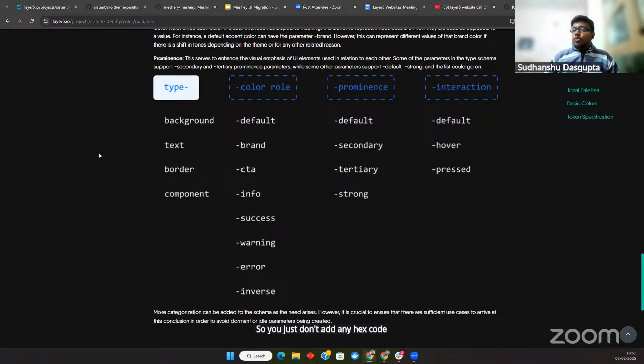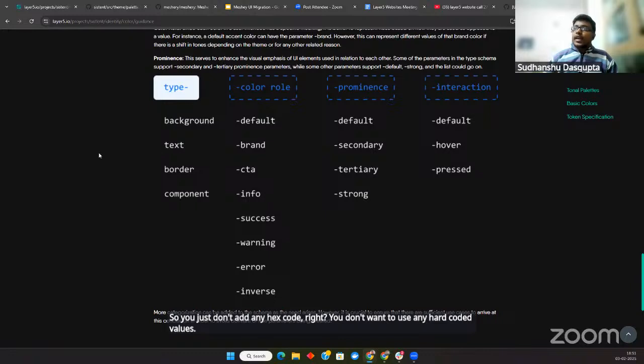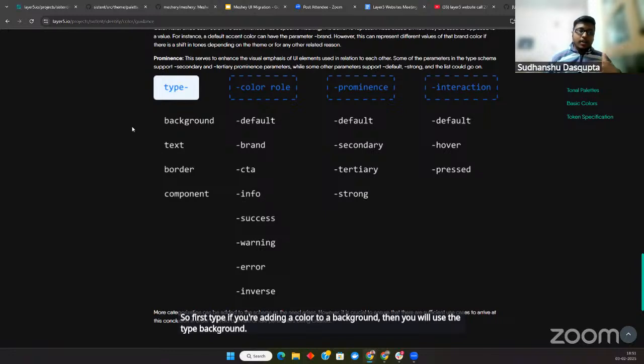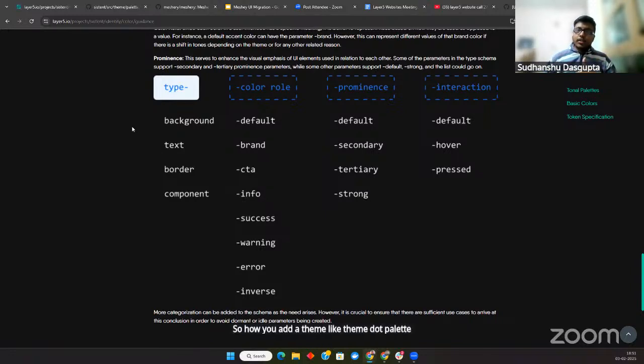You don't want to use any hard coded values. We use a specific type based on its role and its interaction. So if you're adding a color to a background, you will use the type background. You add it like theme.palette.type, and here the type is background.